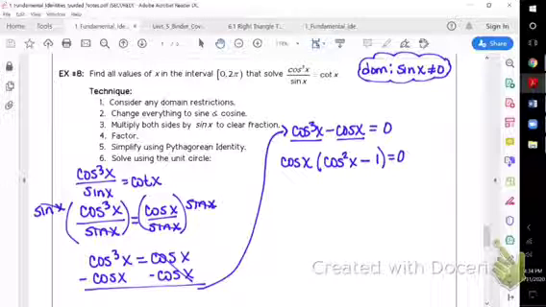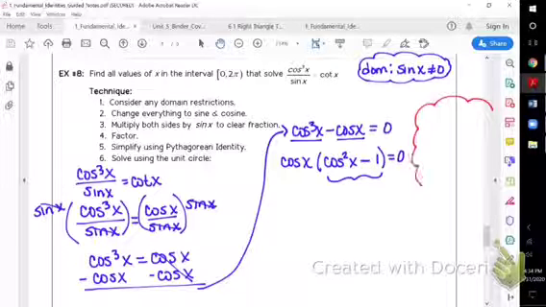Now, I could probably still work this out if I separated them, set them each individually equal to 0, but anytime I see a trig function squared and a 1, I think Pythagorean identity. So I'm going to come over here to the side for a minute in a little bubble, and I'm going to think, was there an identity that had a cosine squared and a 1 in it? And there was. We know that sine squared plus cosine squared